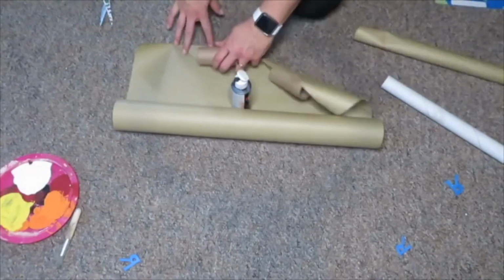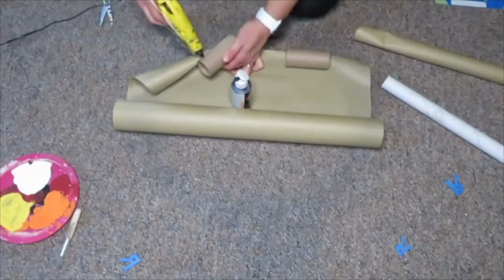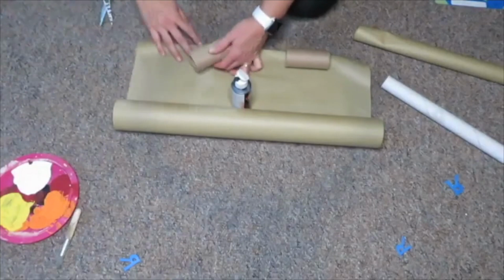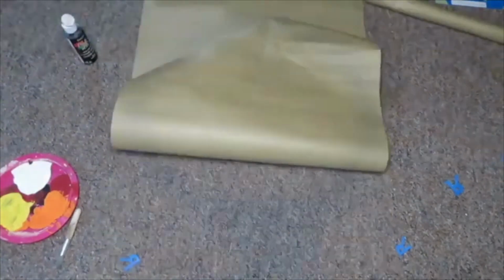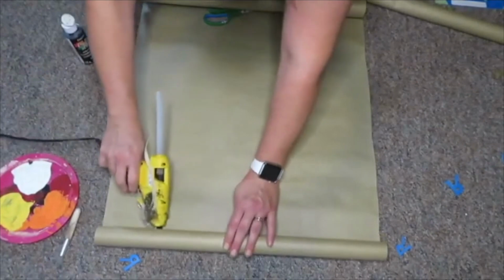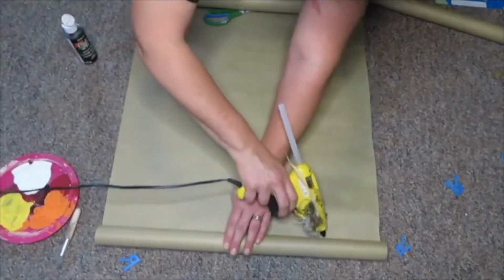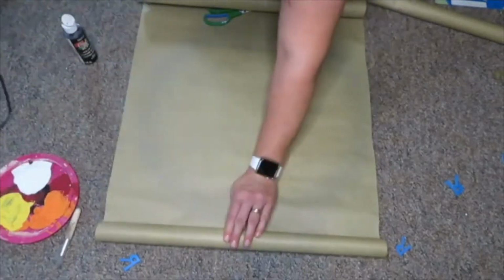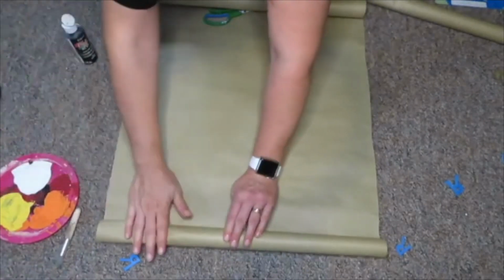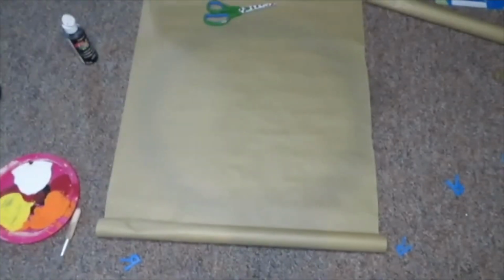I'm going to use 2 here and then one whole one on top. To secure it so it doesn't unroll, I'm just going to put some hot glue there and there so that way it holds it in place. And I'm going to do the same